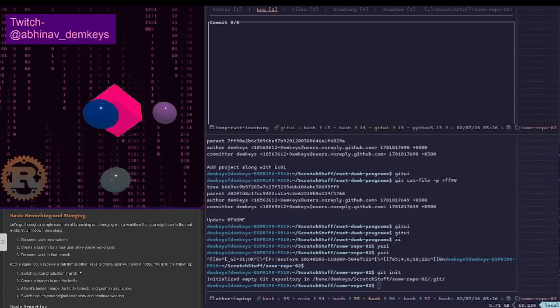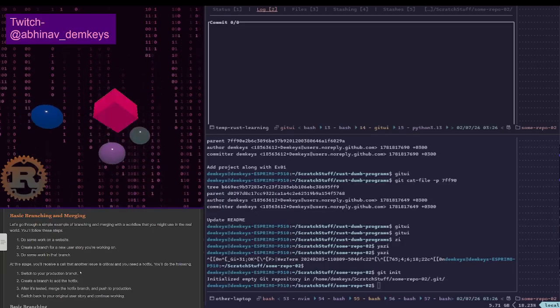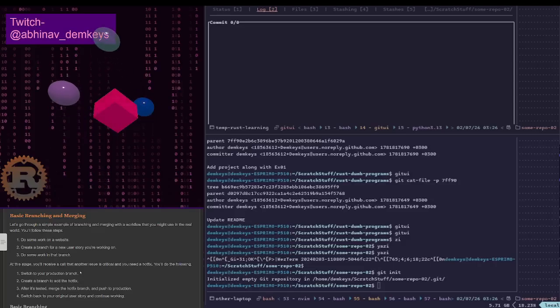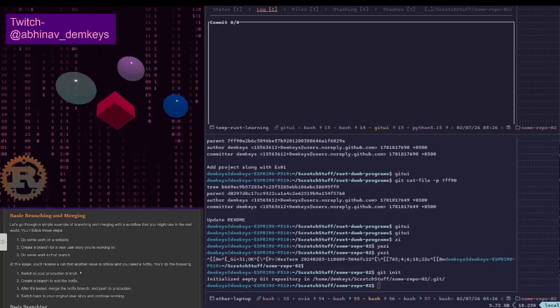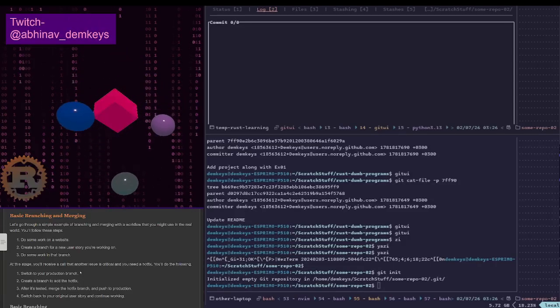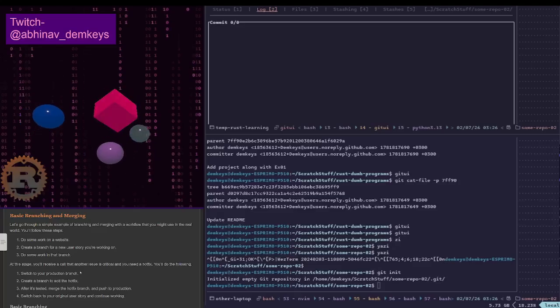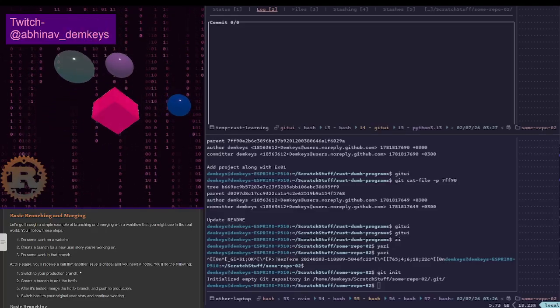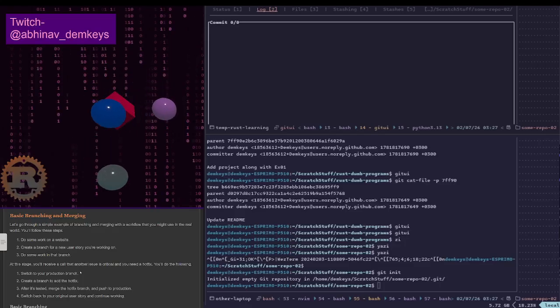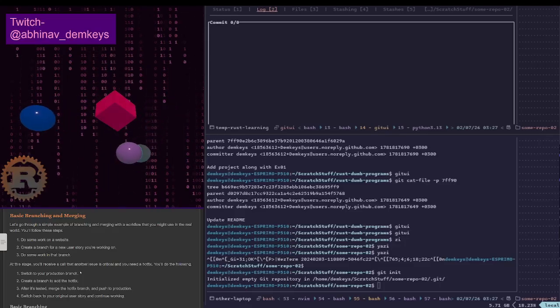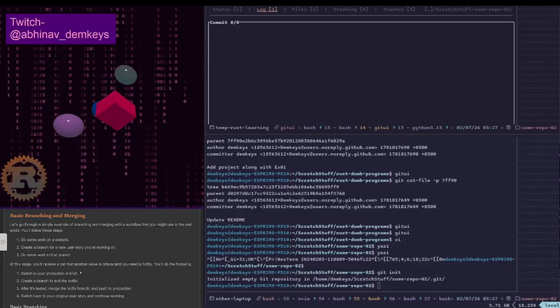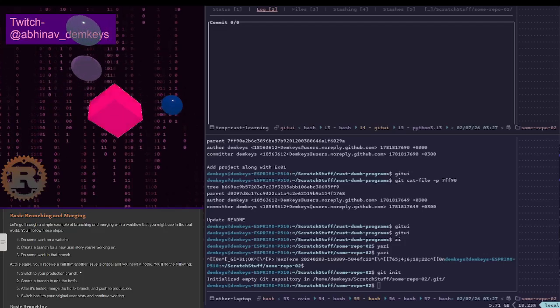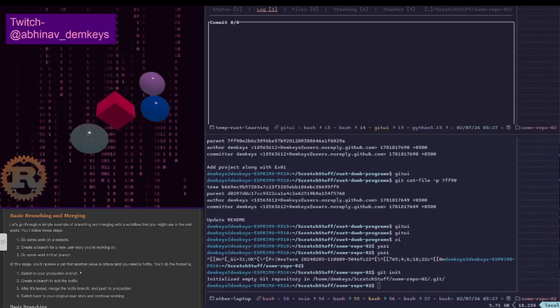You'll follow these steps: do some work on a website, create a branch for a new user story you're working on, do some work in that branch. So we have our master branch, and then we have a separate branch for the user story. At this stage, you'll receive a call that another issue is critical and you need a hot fix.